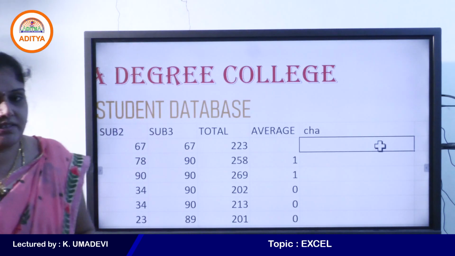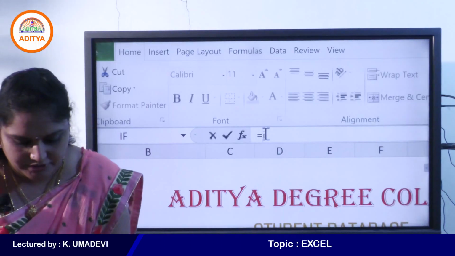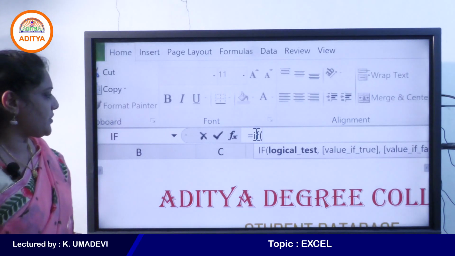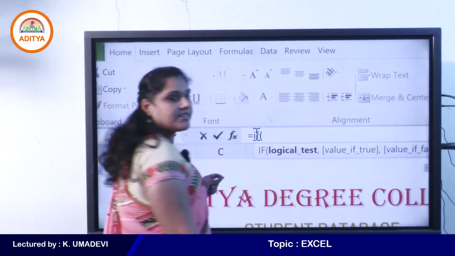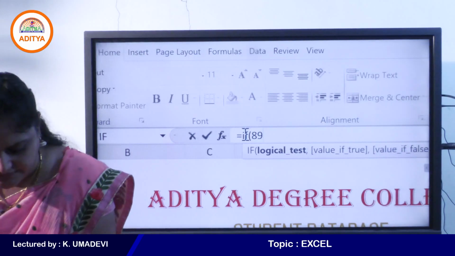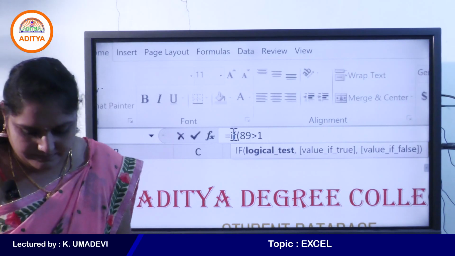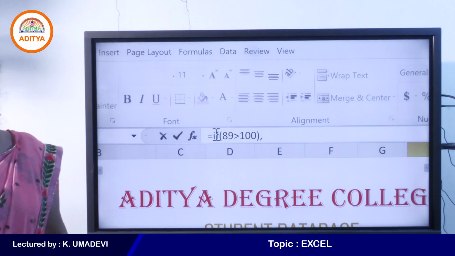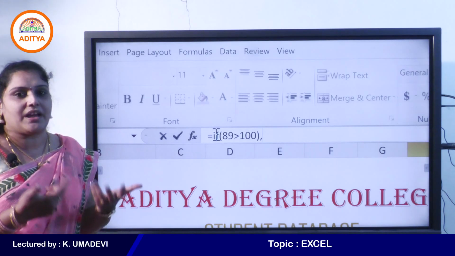See, here I will enter my own condition, that is equal to IF, brackets open. See, the syntax of IF is logical test, value if true, value if false. So now my condition is 89 greater than 100. Okay, comma. So now IF function is used to return another formula as its result.